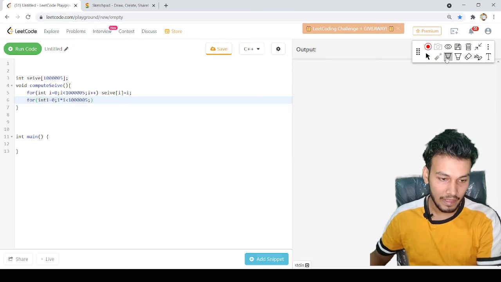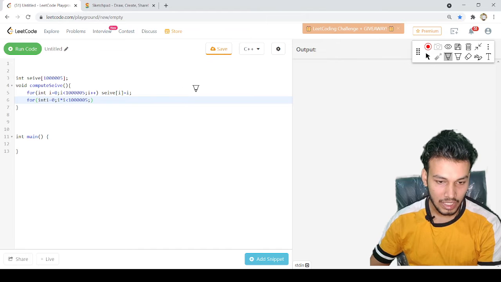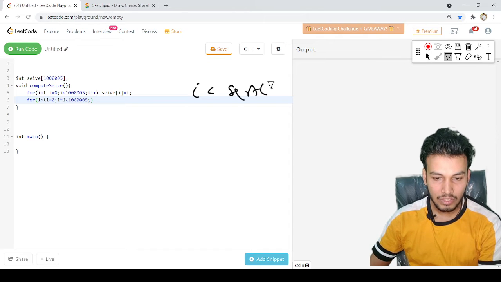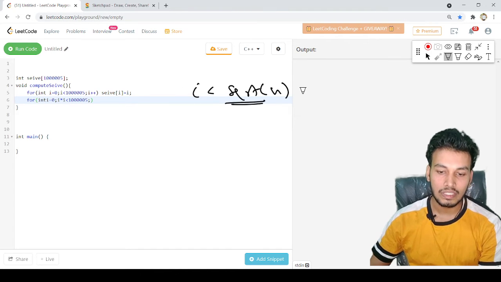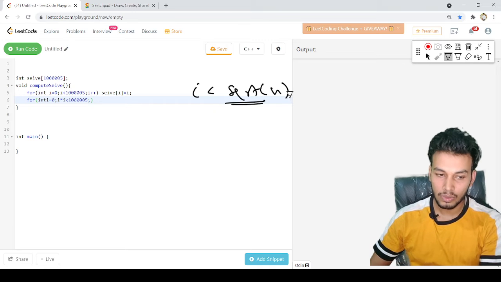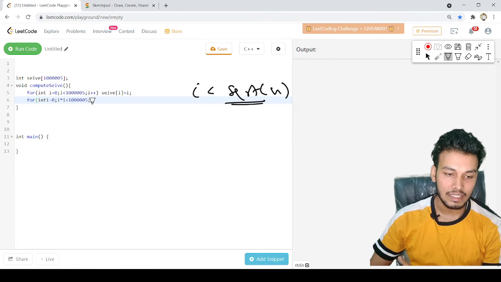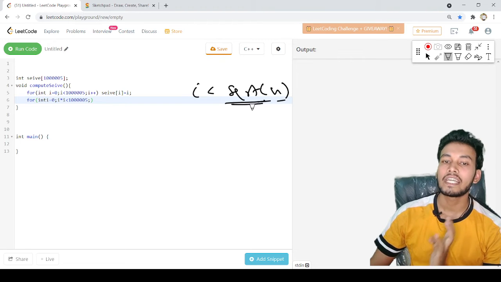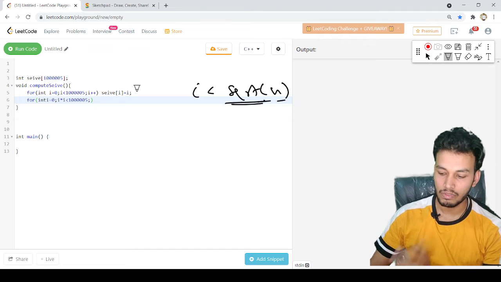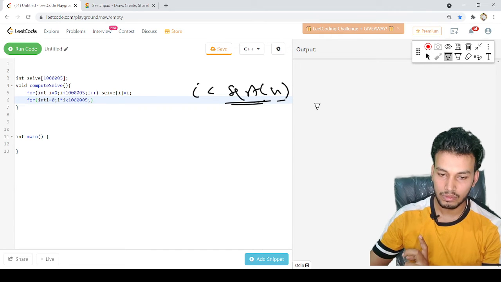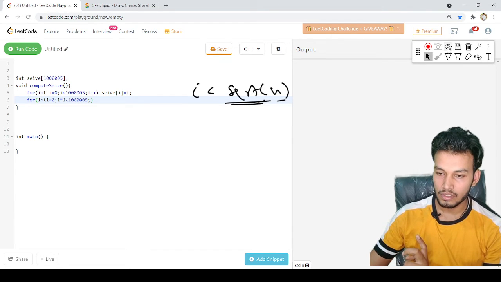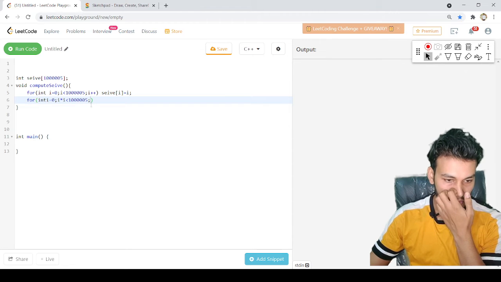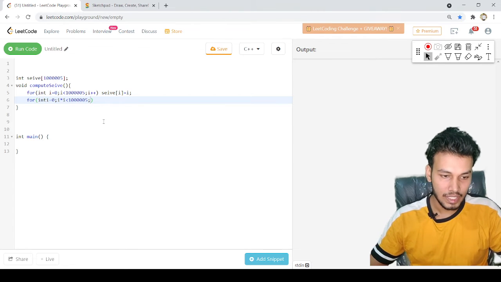If you write the condition i less than sqrt of n, this square root operation is much slower than i cross i less than this thing, right? Obviously we are fighting for time and memory, so we will be using these things to save our time.